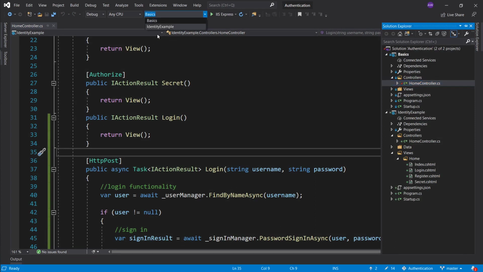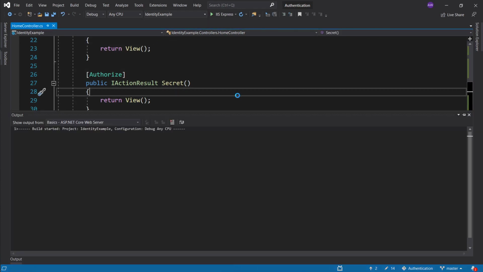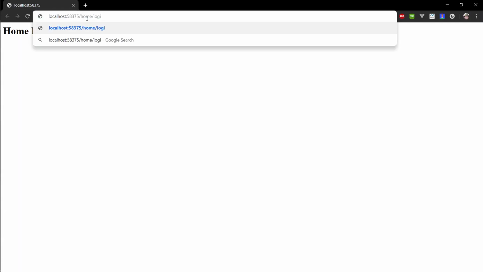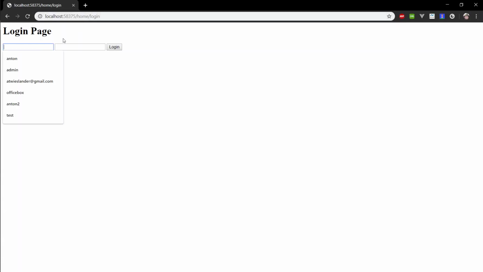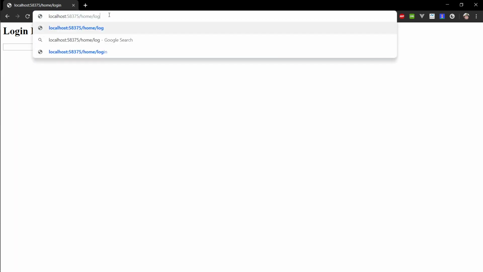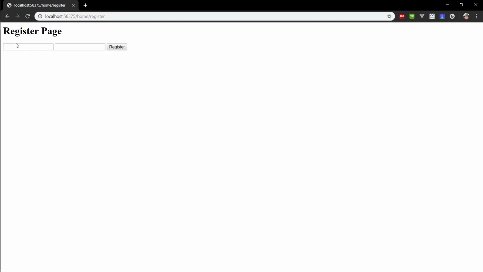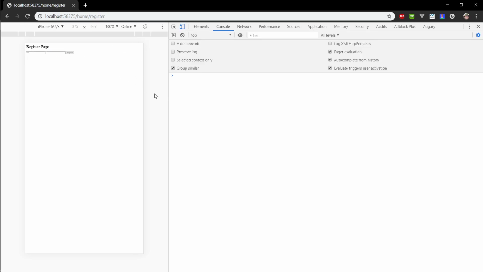Okay, I launched the wrong application, so I want to go to identity example instead. Okay, so home/login, there's our page. So actually I won't be able to log in because I don't have an account. So let's go ahead and go to register first. So let's register test, and I'll actually open DevTools